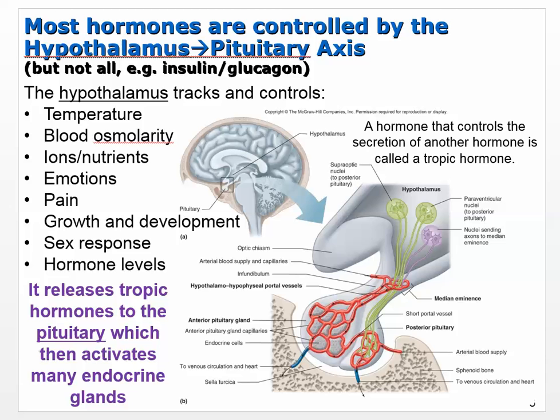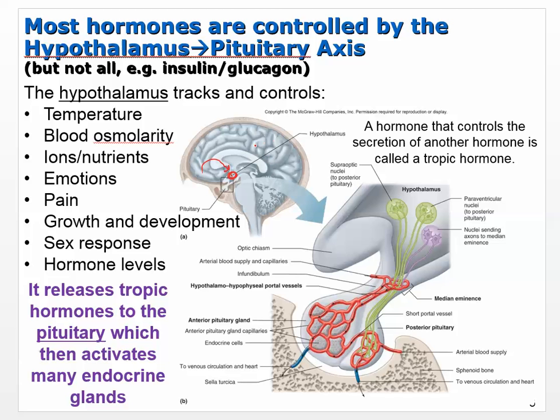So we want to talk about, first of all, what normally happens. We're going to talk about the hypothalamus in the brain. The hypothalamus is actually a brain region, so it's neuronal tissue, and it gets a lot of information from the periphery. And not just from the periphery: you can think about a stressful thought, and through the hypothalamus it will release what are called tropic hormones that will then cause the pituitary to release another hormone, which can then go down and activate your adrenal gland, so you release stress hormone.